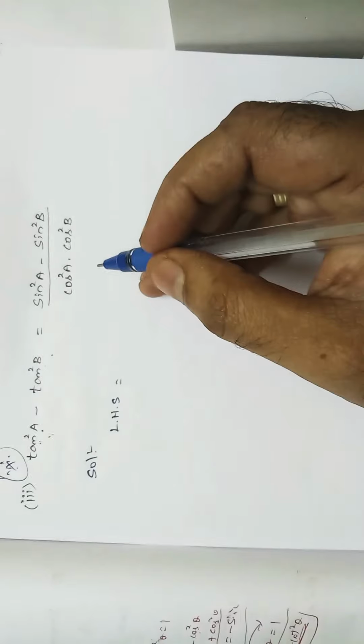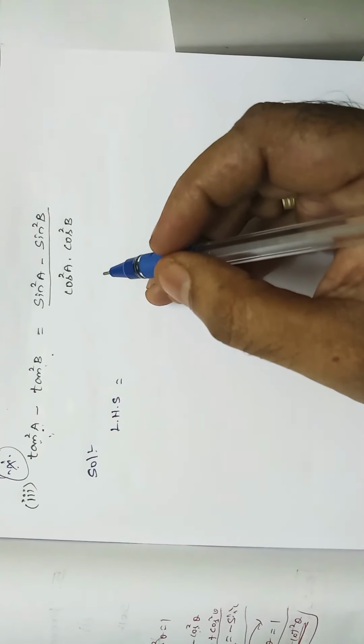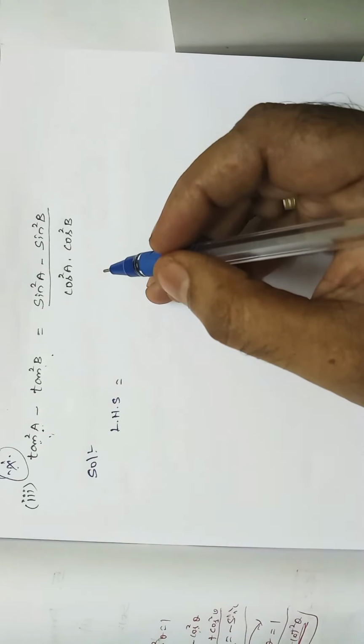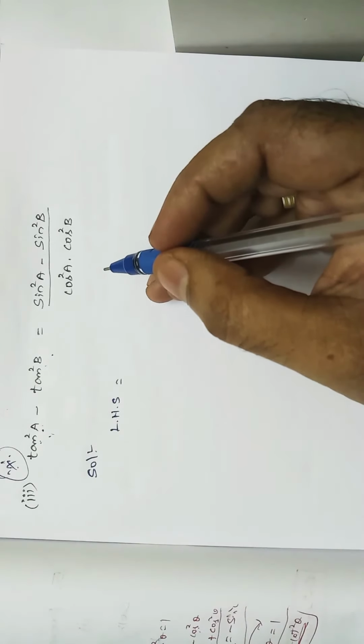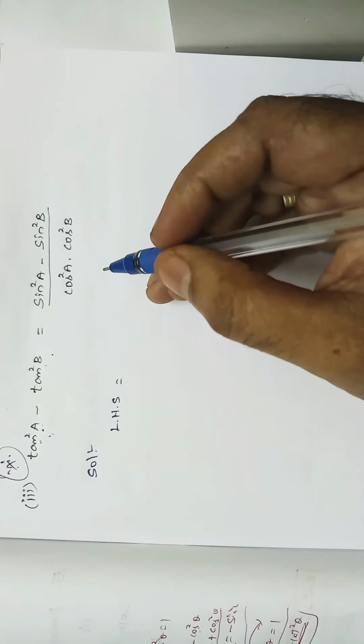So this model sum is somewhat important, right? Somewhat important, and be conscious while you are solving. Tan A means we have to convert tan A in terms of sin, cos, or sec or cosec, whatever it may be. We have to convert in terms of that A alone. If it is B, tan B means we have to convert in terms of B only.